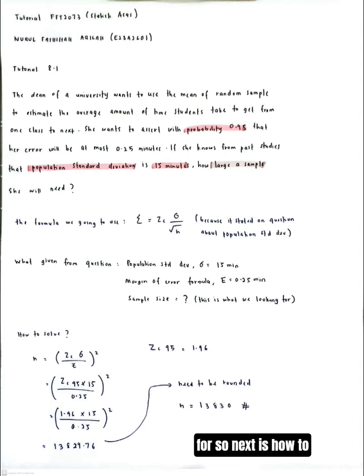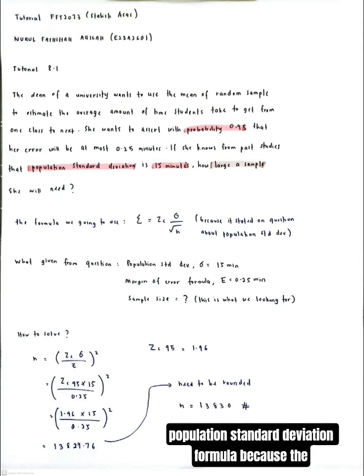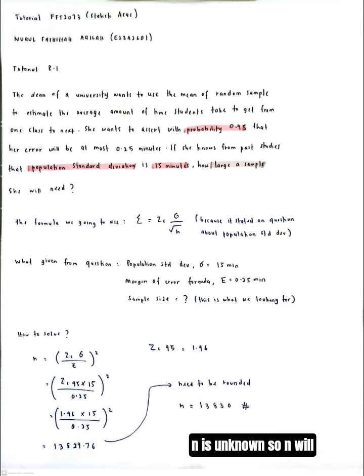So next is how to solve. We need to form a new formula from the population standard deviation formula, because n is unknown. So n will be equal to Zc times standard deviation over E, to the power of 2. Zc for 95% we know is 1.96. So we multiply by the standard deviation 15 over E, 0.25, close bracket, to the power of 2,